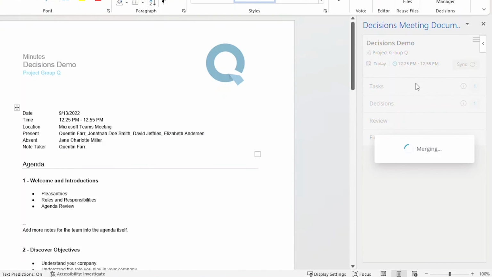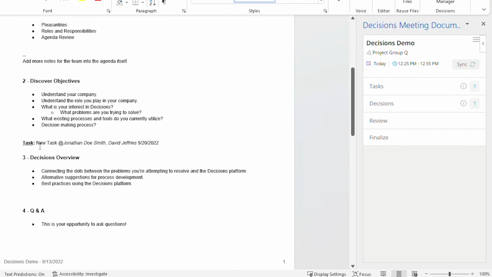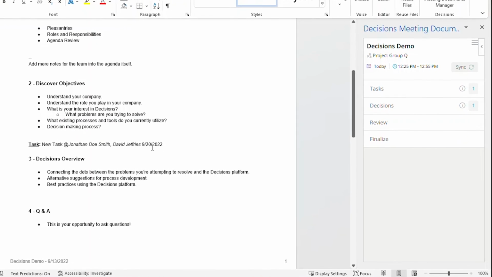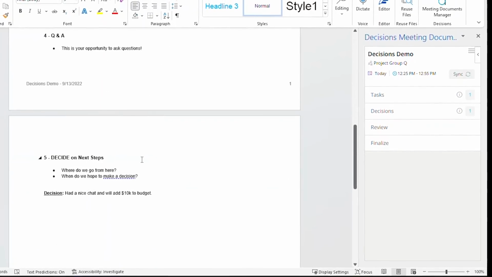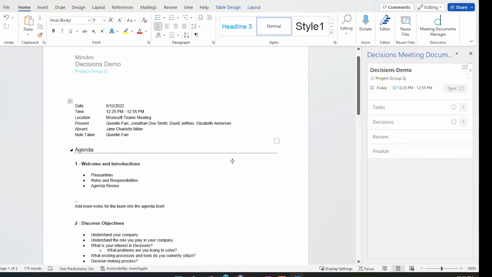All this is doing is basically buttoning everything up, throwing it over to here. You can even include your logo as a nice little watermark there. And if I scroll down, you'll see here are those public notes in the body of the agenda. If I scroll down a little further, there's the task that was assigned. A little bit further down from there, there is the decision that was made. This is a working Word document.